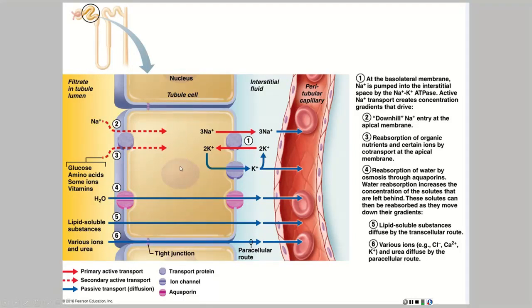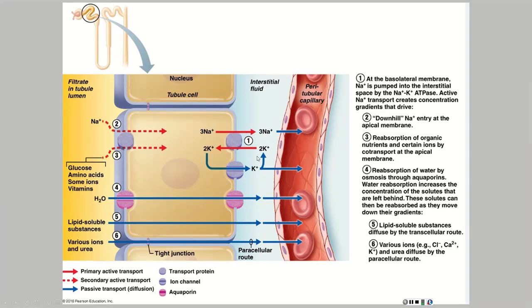Why do we have a negative charge and a low concentration of sodium? Because the sodium-potassium pump keeps pushing those sodiums out. We push sodiums out, the low concentration of sodium pulls more sodiums in on this side. Pump more sodiums out, keep the concentration low, also keep the inside more negative. If the inside is more negative, sodium, with its positive charge, wants to come in like a magnet. As soon as it comes in on this side, it gets pumped out on the other side. So it's like a conveyor belt.